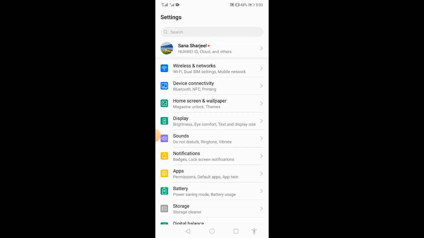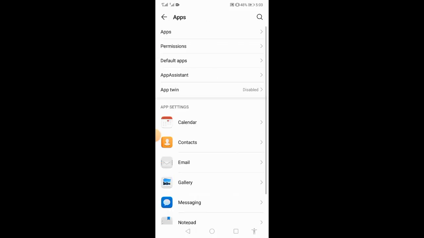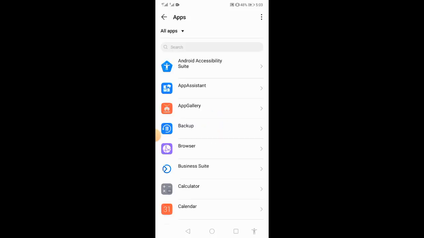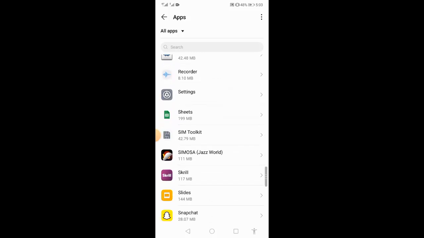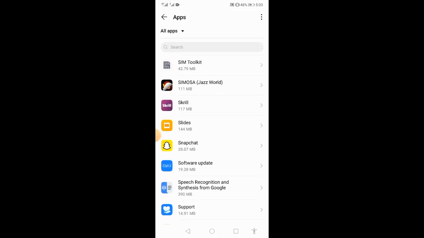When it's open, so again click to apps. So it will be opened in 1 second. So when it's open, it will be loading. When it's loaded, you have to find the app of Snapchat from these applications. So scroll down to find Snapchat app. So once you find it, you have to click to Snapchat